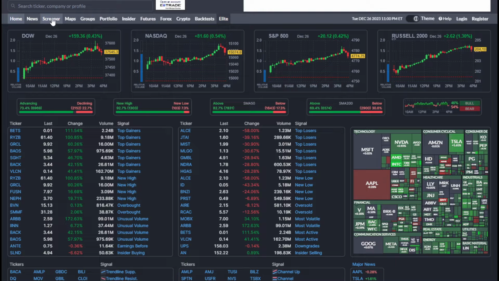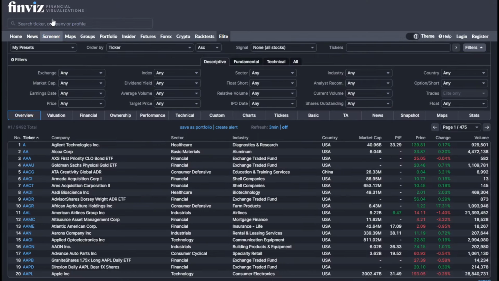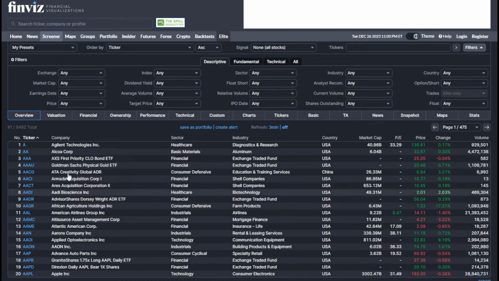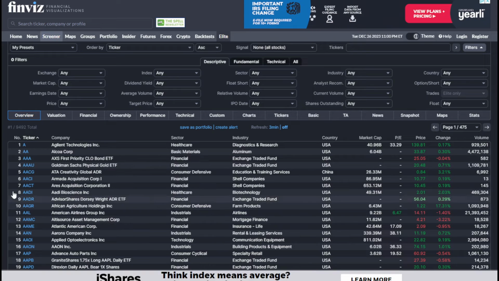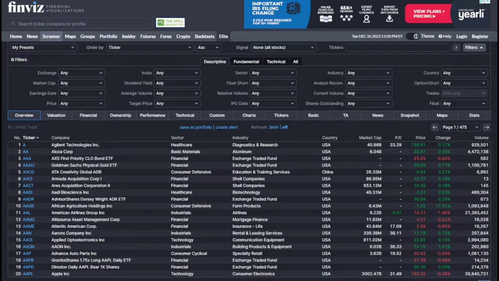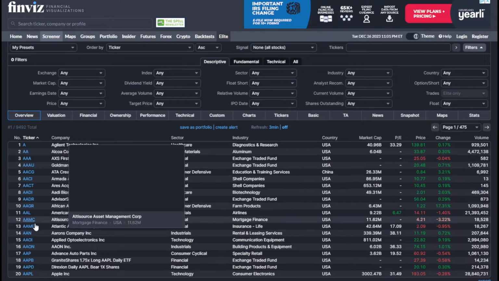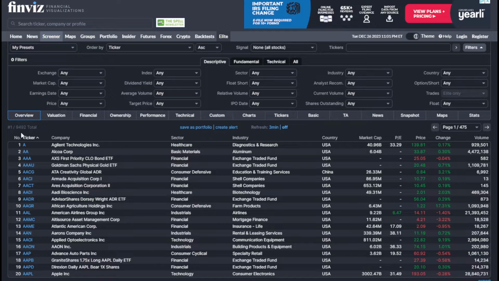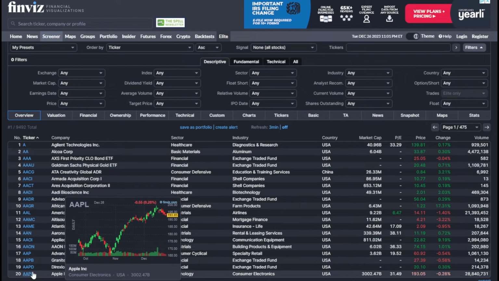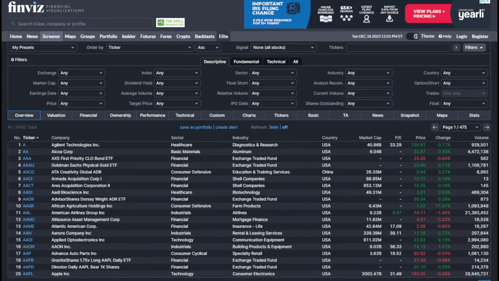So we want to first click up here in the menu to Screener, and you'll see this first page here. It's listing 20. I've got a lot of pop-up banners that are going to show up. So it's showing you the first 20 stocks here out of 9,492. We want to find stocks that are similar in valuation to Apple, down here at the bottom, AAPL stock symbol. So we want to reduce the number of stocks you're getting on the screener from over 9,000